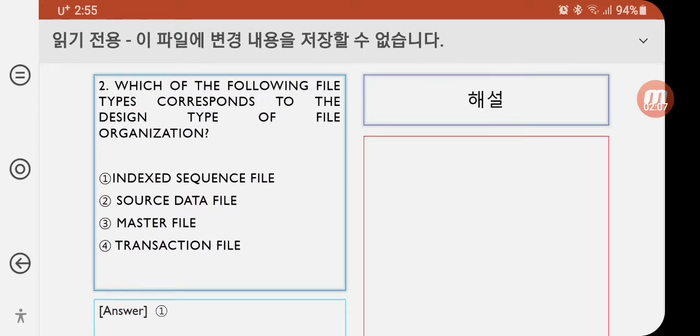Next, which of the following file types corresponds to the design type of file organizations? Index sequence files, source data file, master file, transaction file. Source data file and master file, transaction file is the type of file organizations. But index sequence file is file